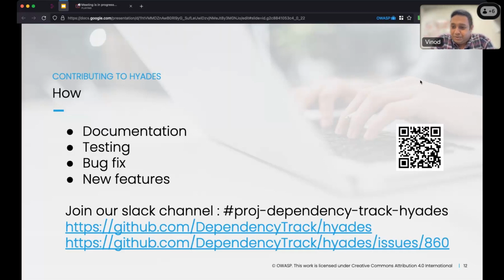Please go through the documentation and test it. Even though it is a bit complex architecture, one of the main ideas or decisions in the early stage was to make sure that developers can run it locally. We don't want to complicate the architecture just because of an enterprise use case. So everything is bundled as a Docker Compose, so you can